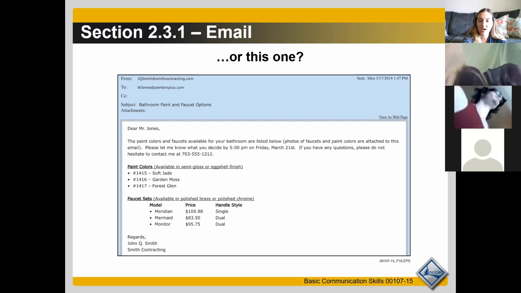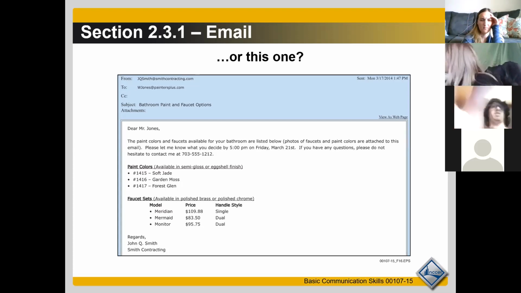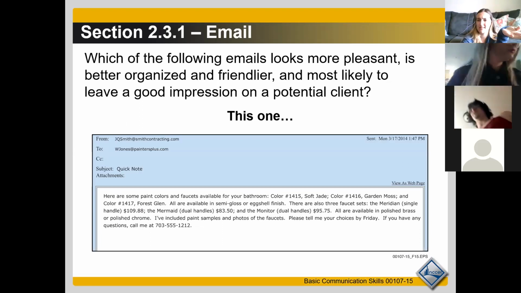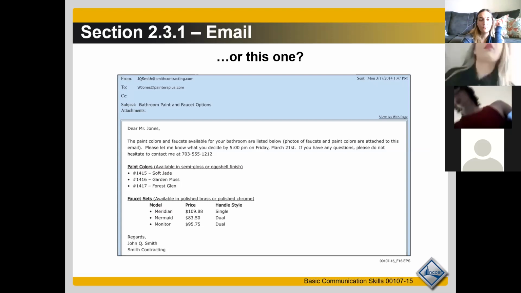So definitely if you're trying to send a professional email, and especially if you've got numbers or prices that you're trying to include in there, break those things out. Make lists, make it look nice and organized so that somebody doesn't have to look at this and be like, okay, what am I trying to decipher here? That's just a clump of words. That's hard to read compared to this. You guys are definitely right.